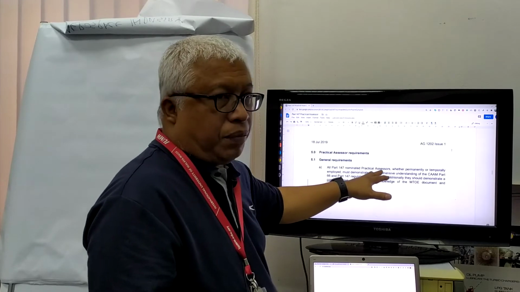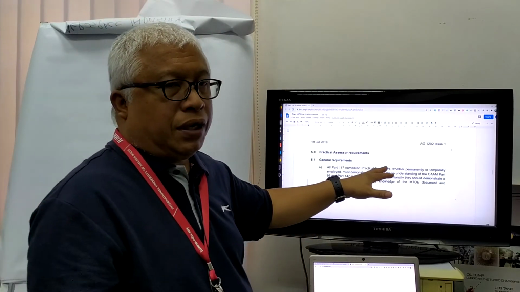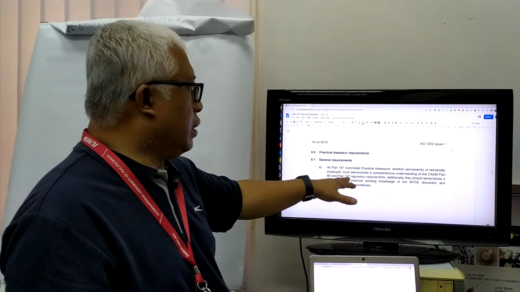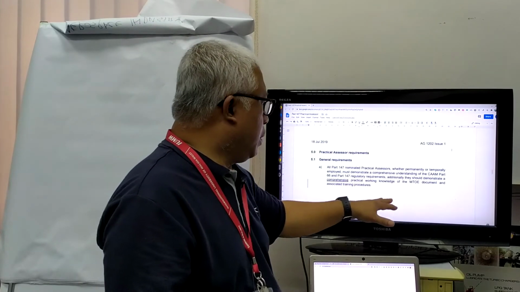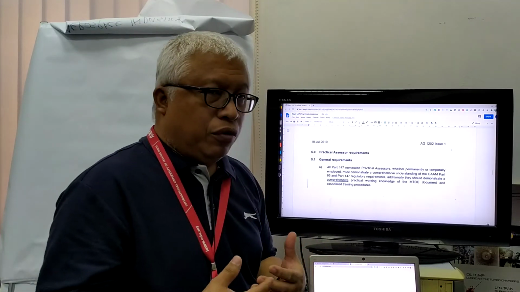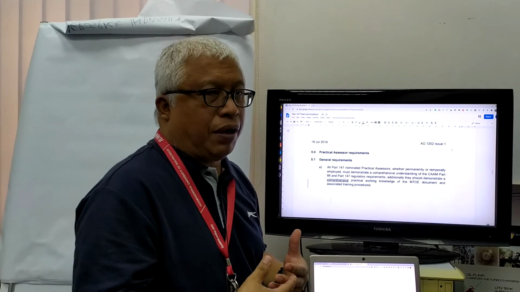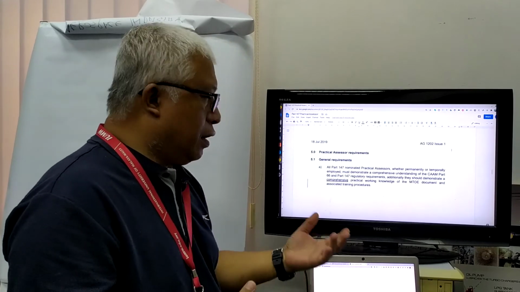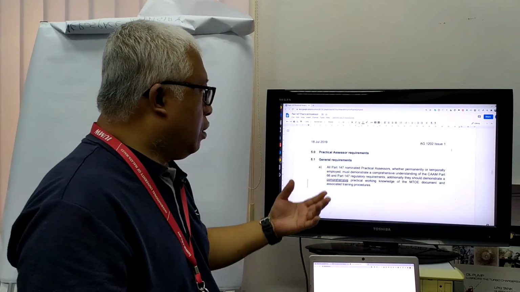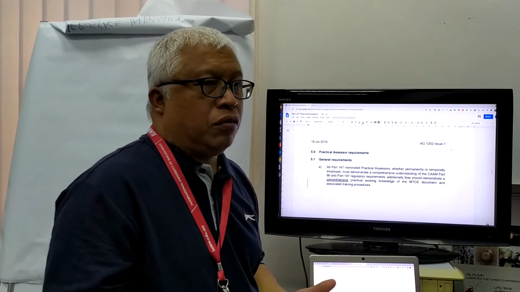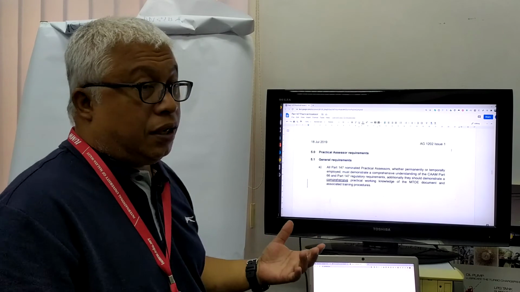Regulatory requirement. So Part 147 regulatory requirement in Notice 1201. Additionally, they should demonstrate comprehensive practical, working knowledge of the MTOE document and associated training procedures. This means they have to show evidence that they have gone through the Part 66 1101 and Part 147 1201 training and assessment of the understanding of those two notices, as well as understand their own MTOE of the ATO. So they also have to have evidence they've gone through the training of the MTOE of the ATO,